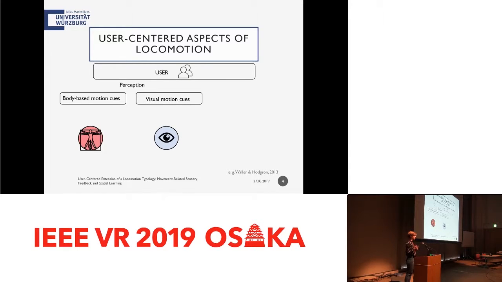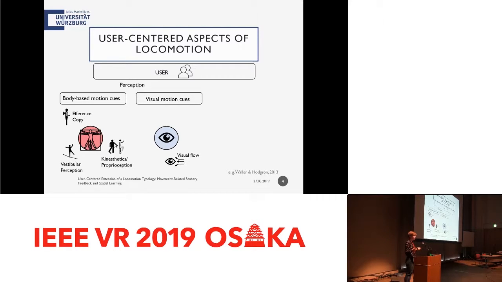The body-based motion cues include kinesthetics and proprioception, which tell you whether your limbs are moving at the moment and where they are; the efference copy, which tells you whether you're moving actively or are moved passively; and the vestibular perception, which tells you where your head is at the moment and helps to balance in every position. The visual motion cues mainly include the visual flow, which you perceive when moving through an environment. And all of these